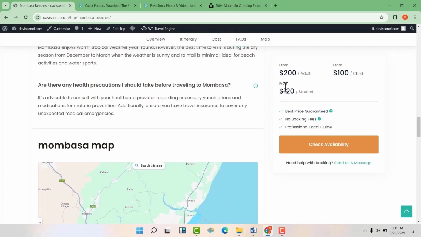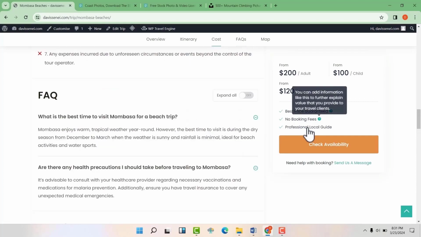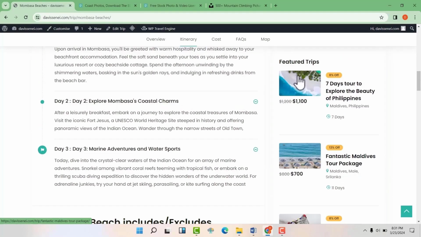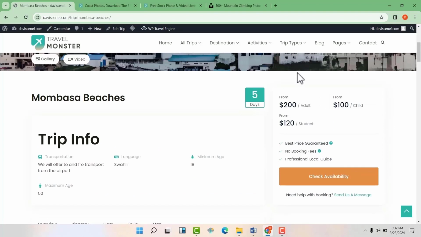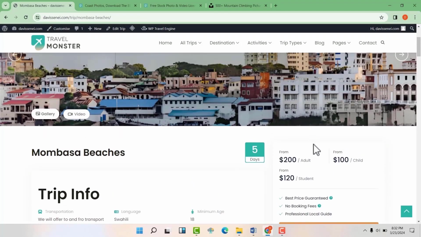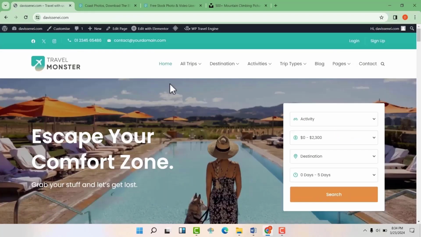And now we are able to see all other information, like how much we will be charged. You can see the best price guaranteed and everything here. So we can see that we have added everything that is required for our customers to be able to make a decision on whether to buy this particular package. Now if we go to our home page,